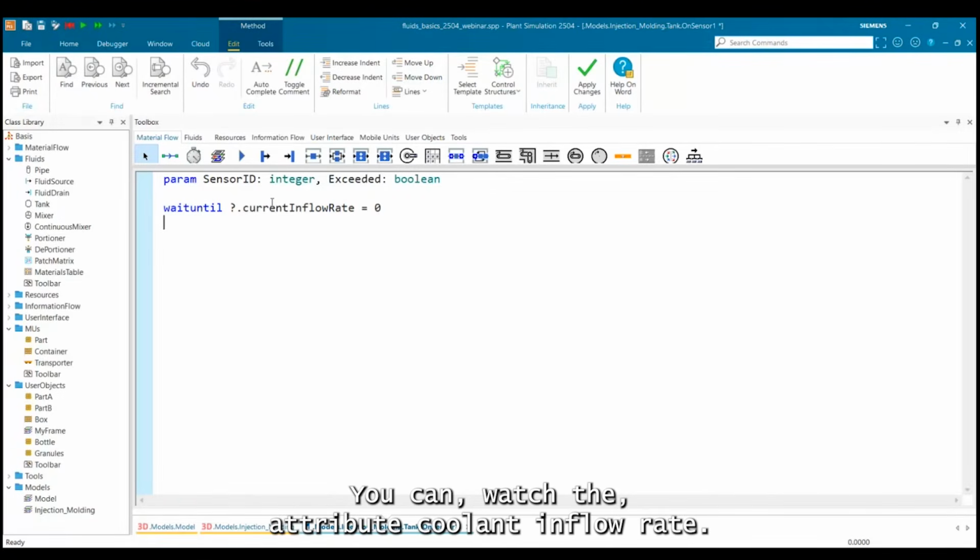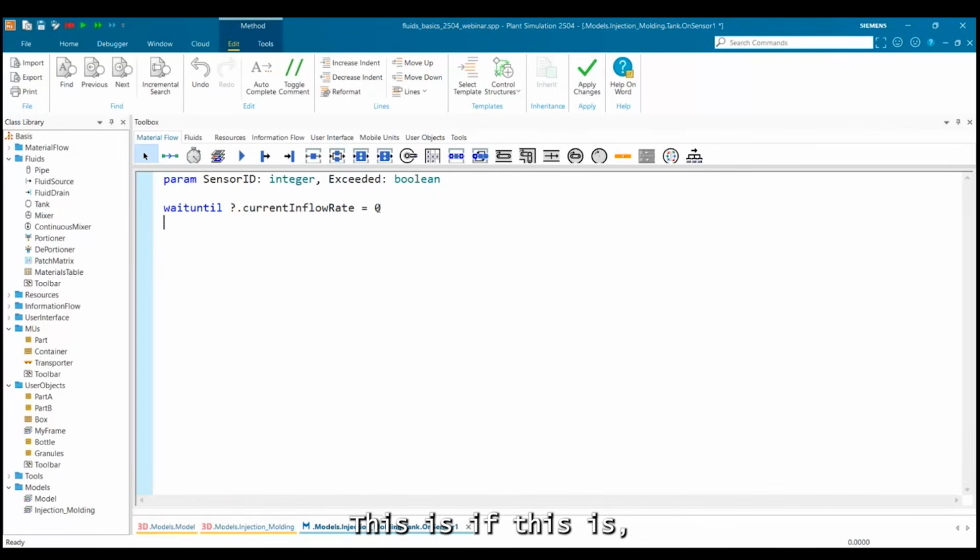You can watch the attribute current inflow rate, and if this becomes 0, then there's no inflow anymore in this tank, and then I wait for 1 second, and then I close the entrance. And open the exit.